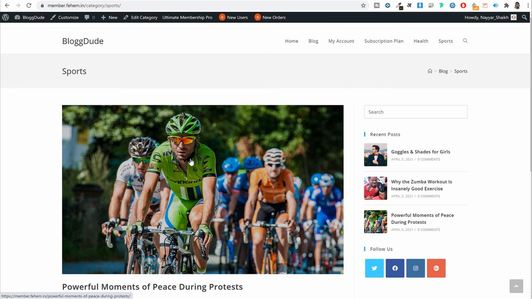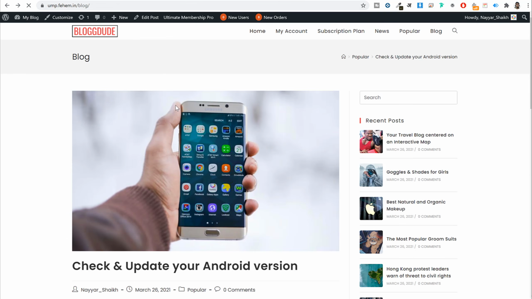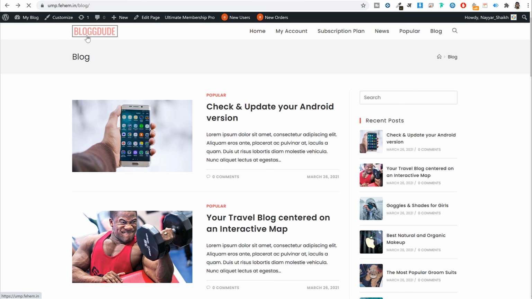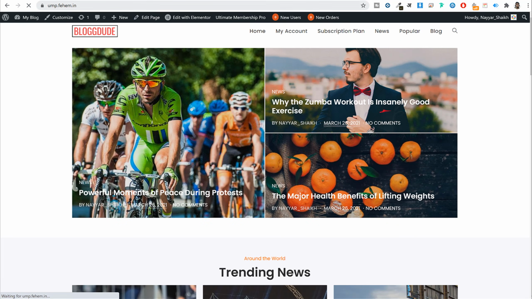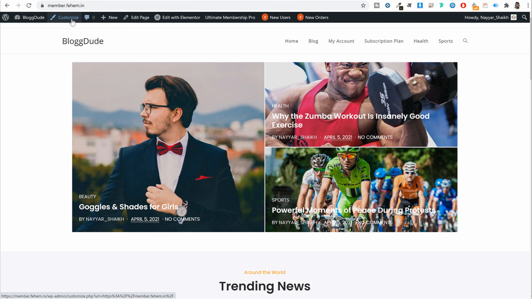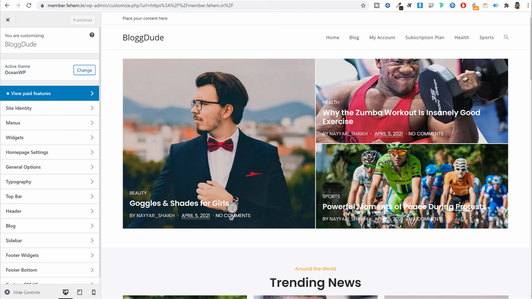Now at the left hand side, this style is a little bit different. If you want this style, we'll see how to do it at the end. In fact, let's see how we can change all this. Let's do the final customization, the final designing of the page. To do this, you have to click on this customize link at the top of your website. Now let's start from the top.